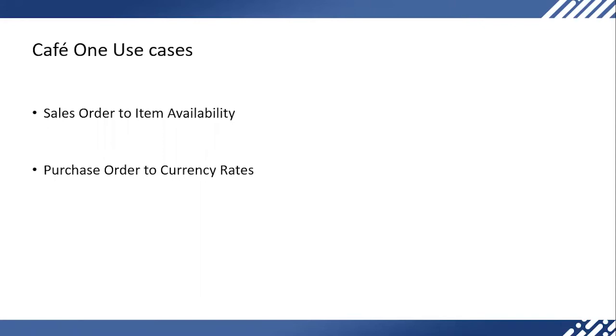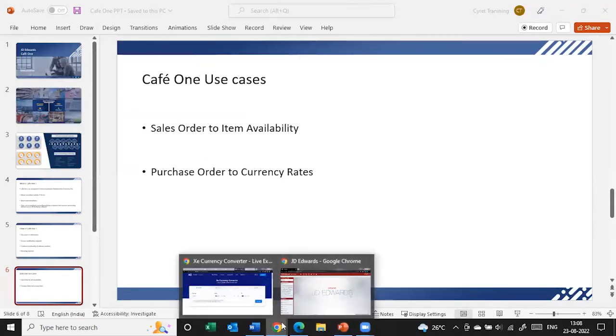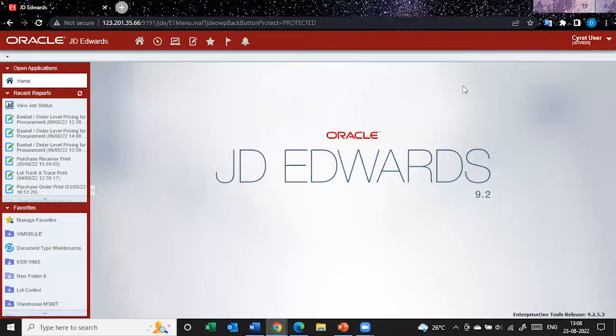So this is the main page of Oracle JD Edwards 9.2. Now we'll go ahead with the first example, from sales order to item availability. But before this, we need a few details that we have to jot down. Let's visit the item availability application, which is